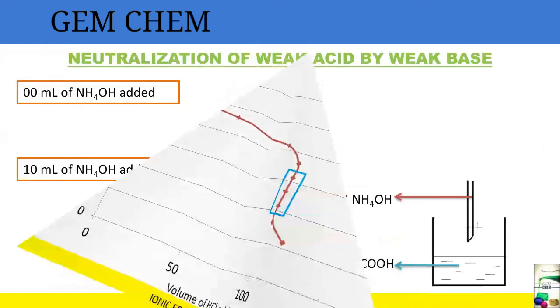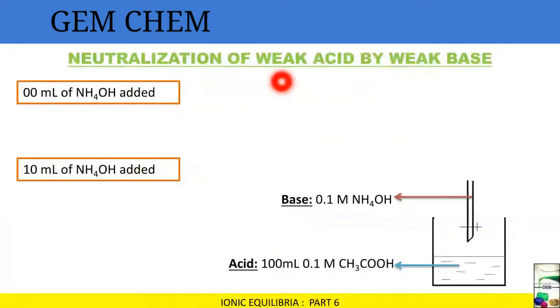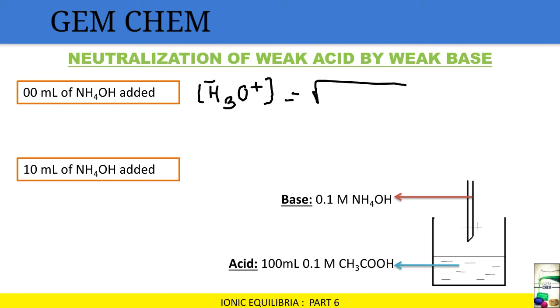Now we will go for the next part. And this is the last part, that is neutralization of weak acid by weak base. Now this titration is a little bit different from the other ones, and here we can see that there is a weak base and a weak acid. That is, in the beaker we place a weak acid and we titrate it using NH4OH, which is a weak base. So we know that the H plus concentration of a weak acid is taken out by using the formula square root of Ka C, and we have already seen the Ka value, so it ultimately comes to be pH equals 2.9.